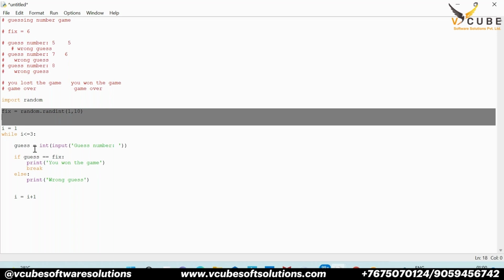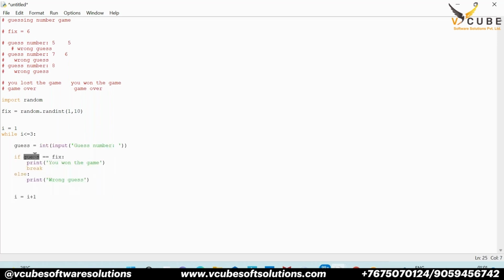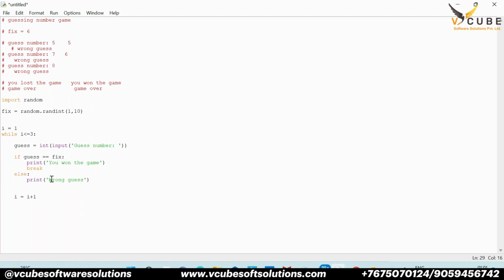If i is less than or equal to 3, it comes inside the loop and reads the number from the user, and the number which is read from the user will be compared with the fix, and if both are the same, it displays a message saying you won the game, otherwise it says wrong guess. So after completing 3 attempts,